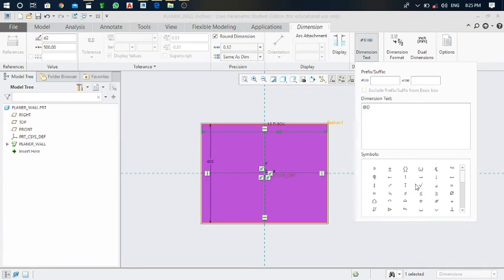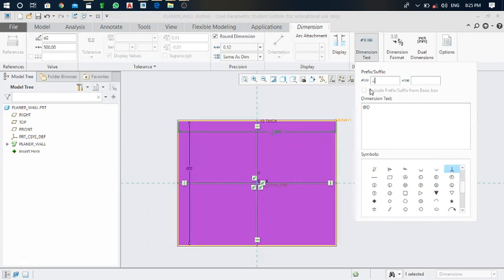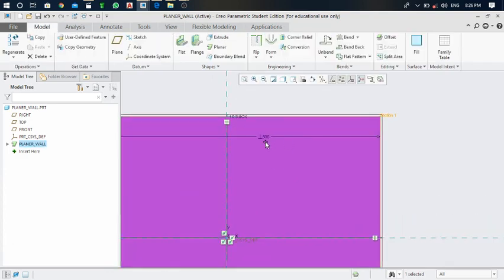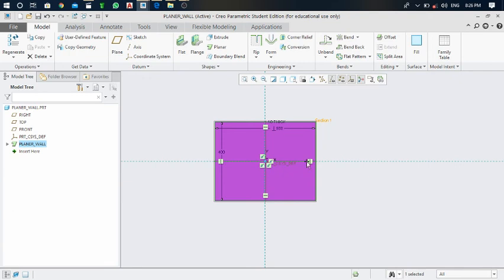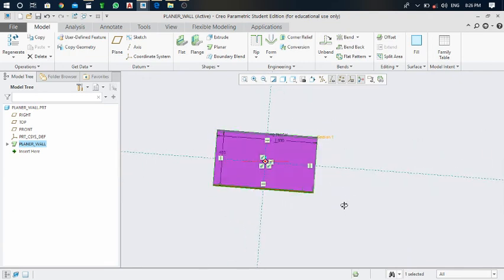Okay, I will show you an example. This sign, okay, so here you can see this perpendicular sign is the prefix, and by clicking here you can put the next symbol. You can put the symbols as per the design criteria or as per the customer drawing, and click aside. Here the system will generate the changes on this dimension. Okay, like this.